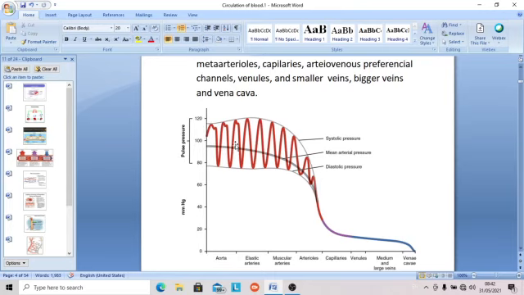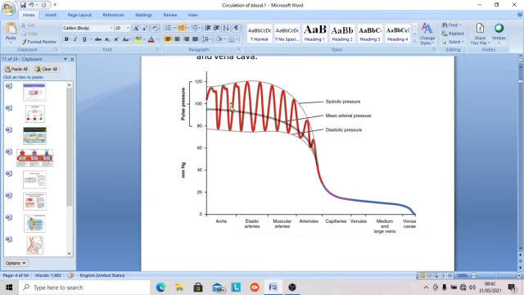It has more than 120 millimeters of mercury pressure. In the aorta, it will have a pulse like 120 and 80. This is in the aorta, you see a very significant pulse. Then come the big arteries, which are called elastic arteries. There also they almost maintain the same pulse. Just like the aorta, they also have a powerful elastic wall.